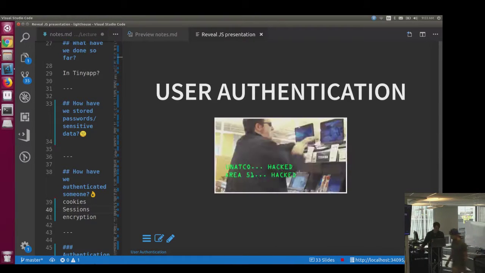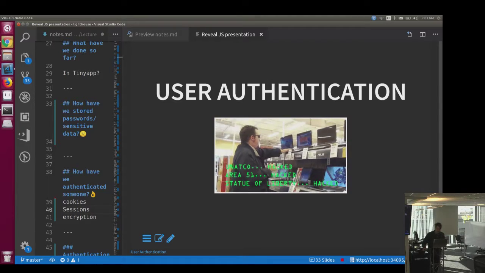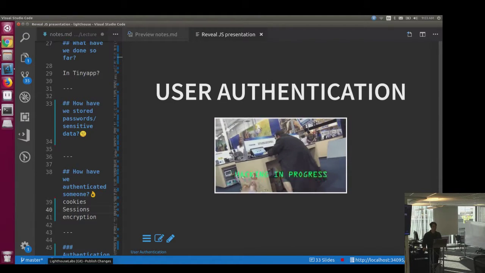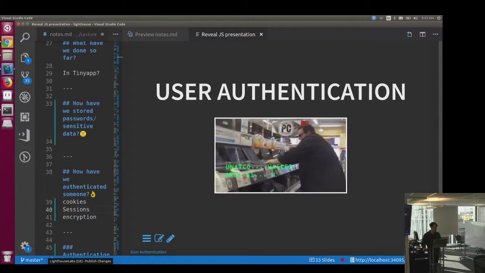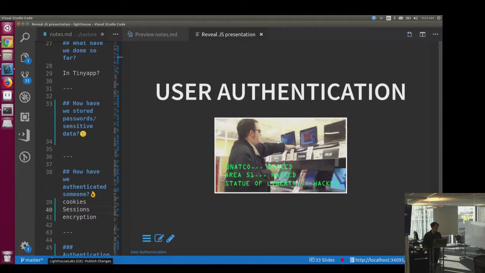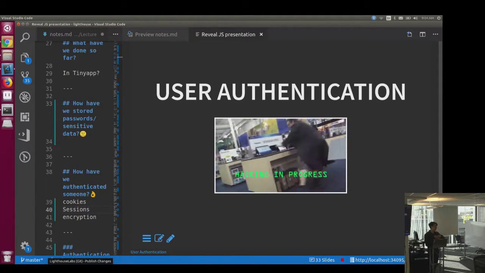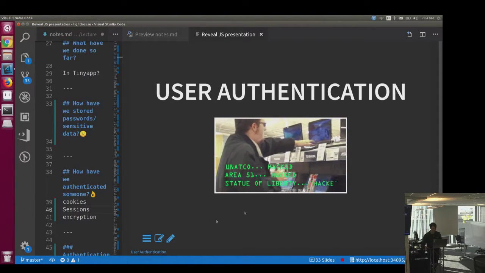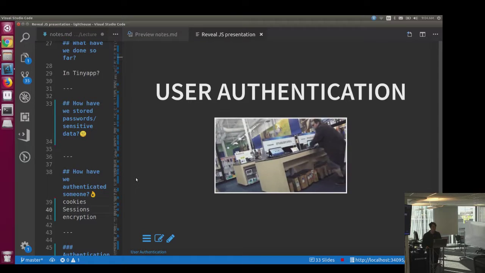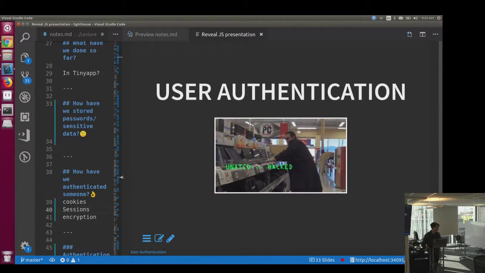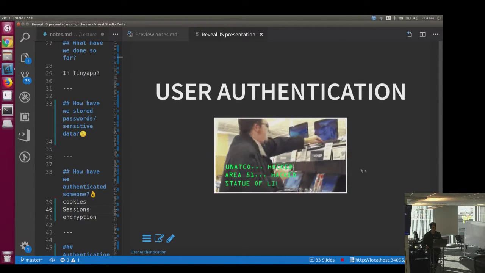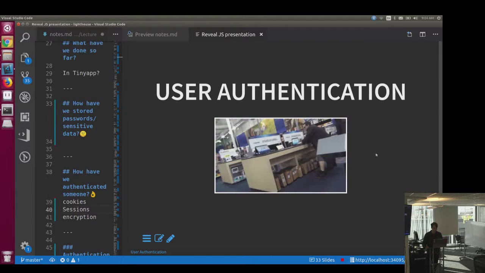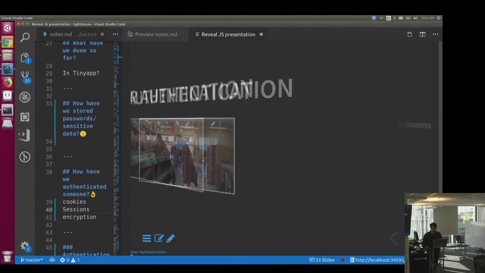All right. So today we're going to be looking at user authentication. You guys had a bit of a lecture on user authentication before, looking at things like the authentication that you use for TinyApp. We're going to do a little bit more of a deep dive today. User authentication is a huge topic. People spend whole careers looking into it. So we're not going to go as deep as we can, but we're going to get a little more nitty-gritty on